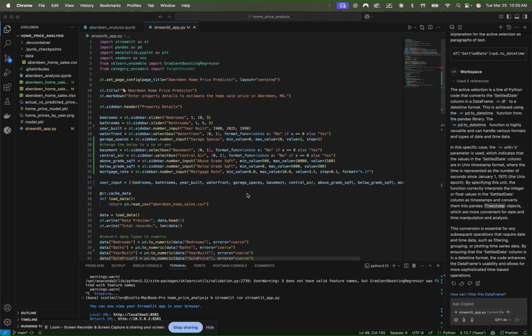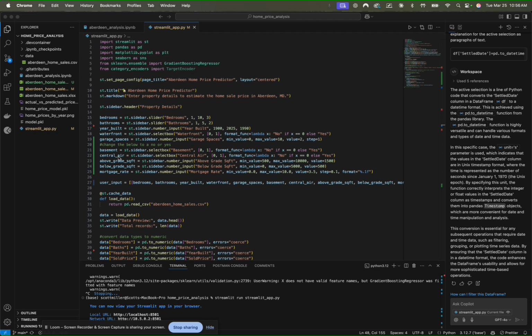So I just want to show you first a little bit of the code, and these are the features that we added. As you can see, we have bedrooms, bathrooms, and the year built, which is the same as age. The model is going to look at it the same way, so I don't use both. Waterfront, we did see that waterfront had like a 20% impact on price, which is pretty desirable. If you can be near the water and jump out on a boat or go fishing right next to your house, that's obviously going to be a higher value. Garage spaces,